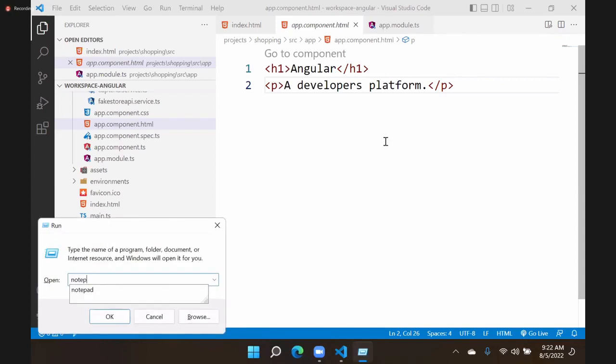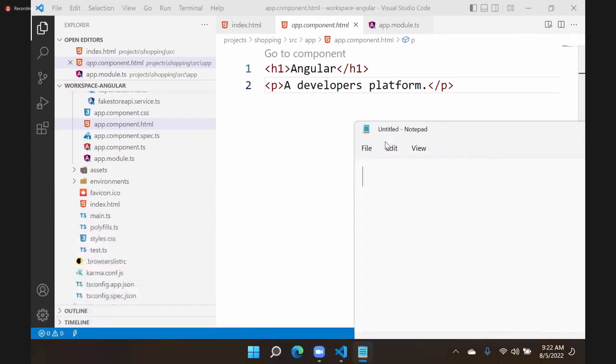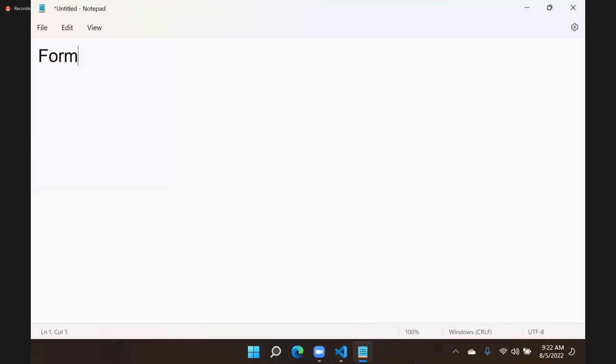So last session we learnt how to create forms and validation. We learnt how to design a form and validation. Now, one more important thing: we learnt template driven forms. We will see how we work with